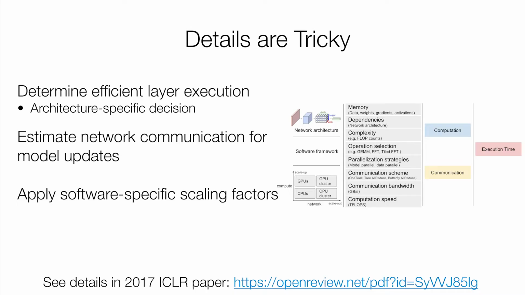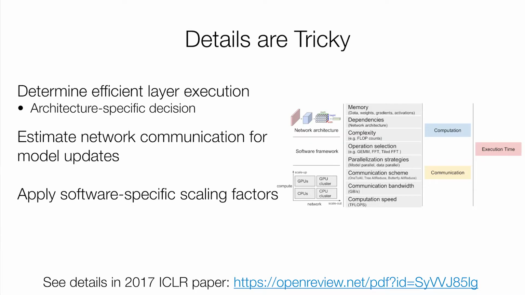The details are a lot trickier, and Hang in particular, the student who worked on this, did the hard work here. But there's a bunch of low-level details that make this not so simple. I would say the most complicated aspect of things is that while the neural network gives you a declarative specification of the operations you need to perform, there's a bunch of different ways to actually execute these commands. So convolution is a good example of this. The convolution is a single operation, a conceptual operation, but there's several different ways to actually implement a convolution.